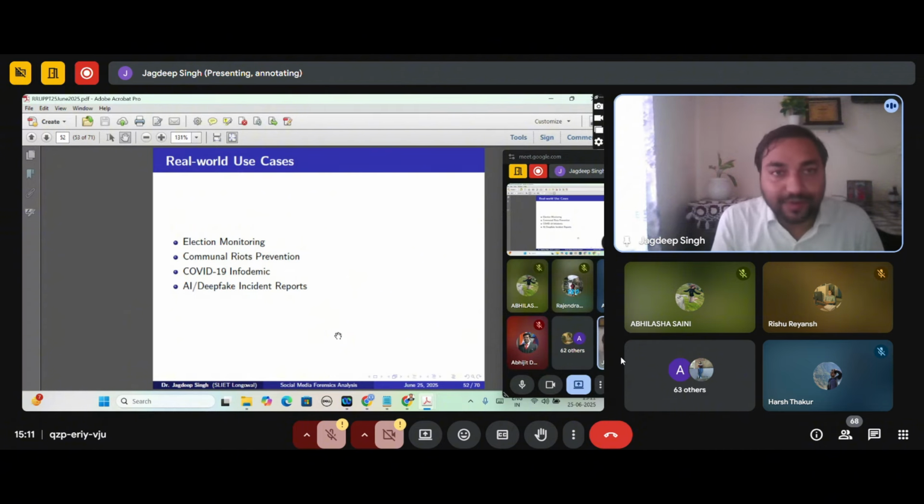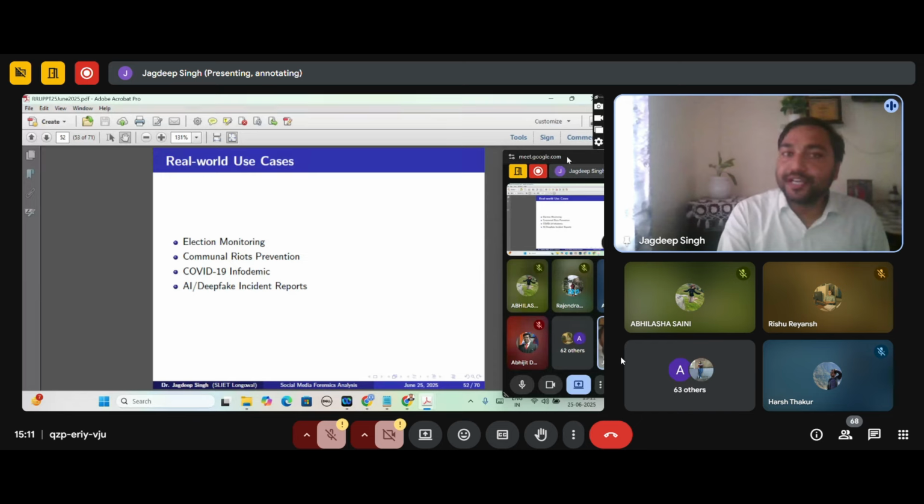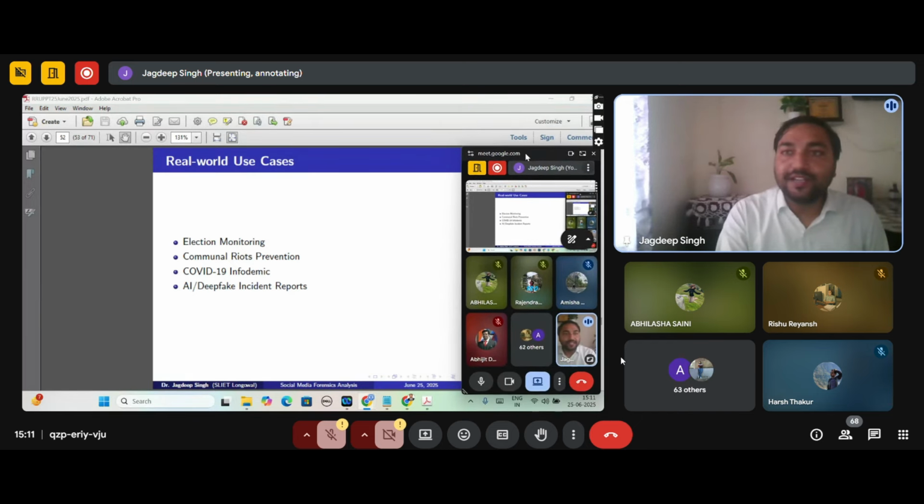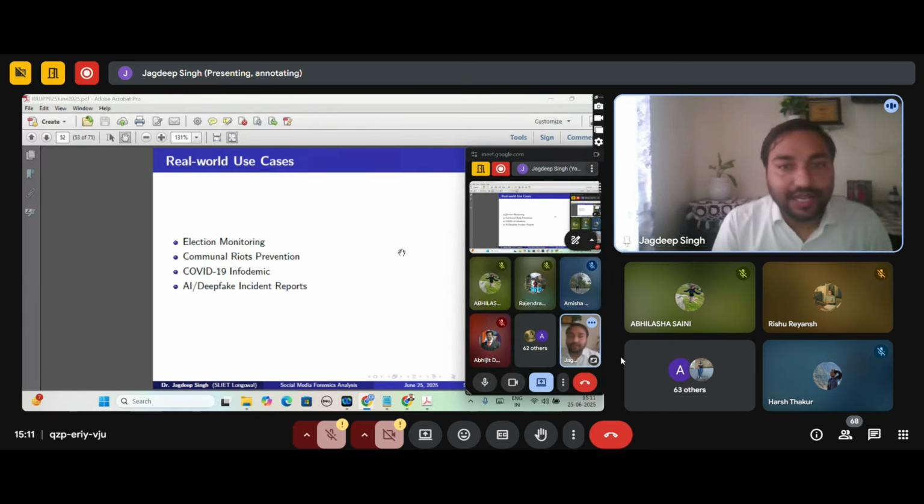It is a very good example of this kind of false information mitigation online. You can easily check this. This is applied in election monitoring, and in communal riots prevention, because if communal riots information is intercepted prematurely, before the event, before the accident,